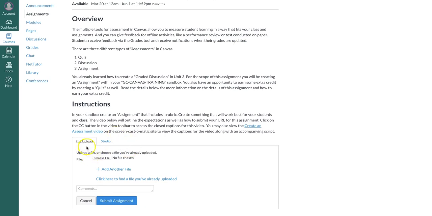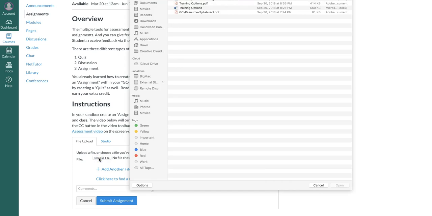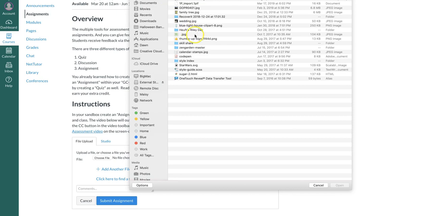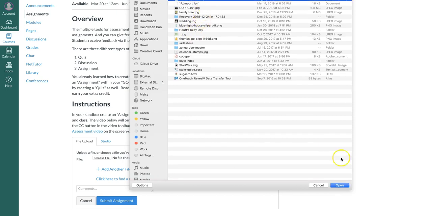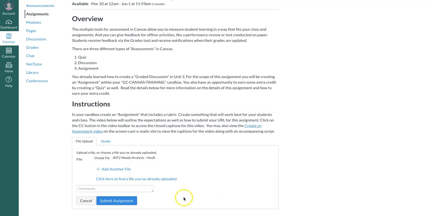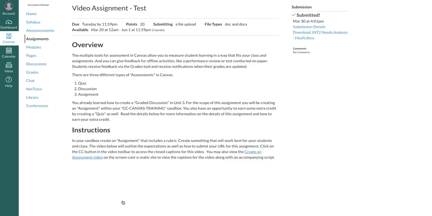And I've set this one up to file upload. So they have to choose a file from their computer. And I put something on the desktop to use. So let me go get that. So I've uploaded my file and I'm going to submit my assignment. So now the student sees, oh, it was submitted, the time it was submitted, what the file name was. So I'm going to leave the student view